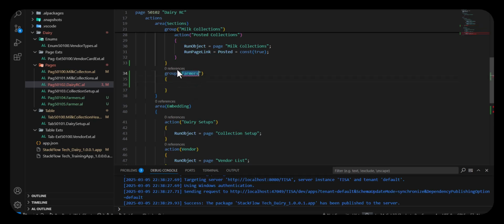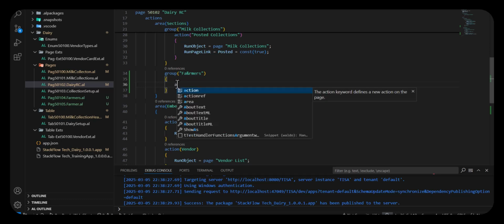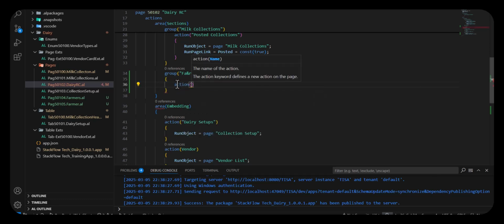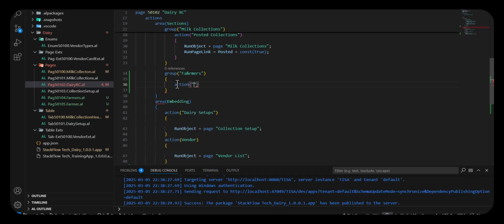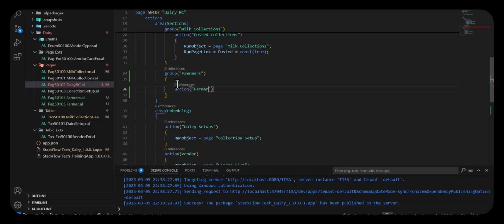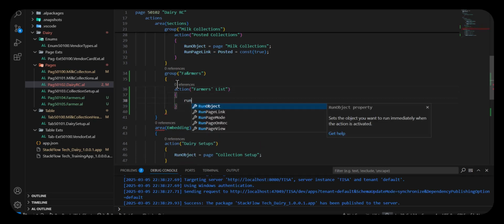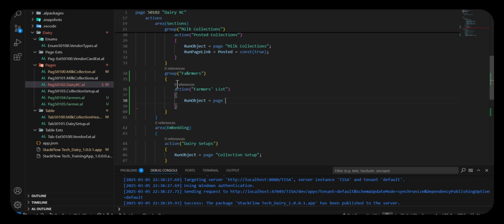So I'll show you another trick of doing these things. You can just put some random ampersand, then have an action, and then let's call this one farmers list. That's how you do it. Farmers list, and then run page. We run object page farmers. Okay, we won't run the card because the card will be run from this